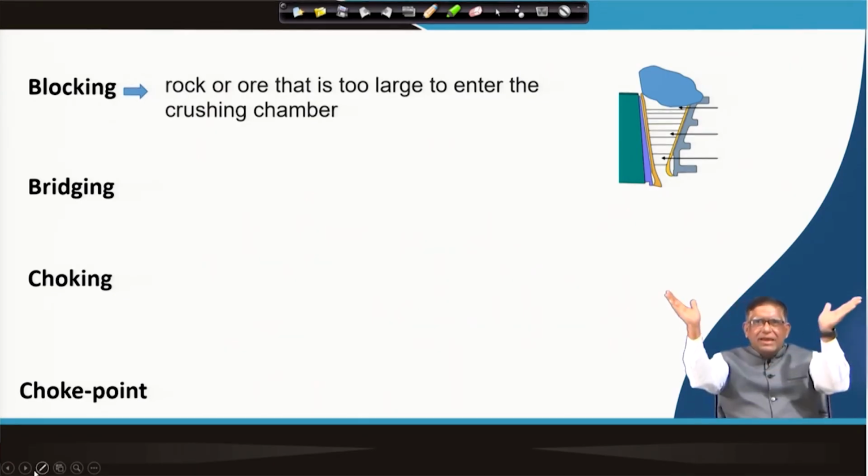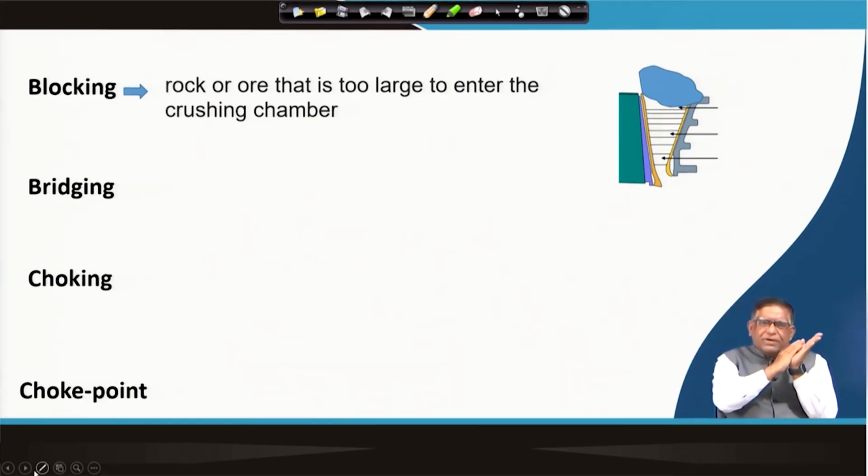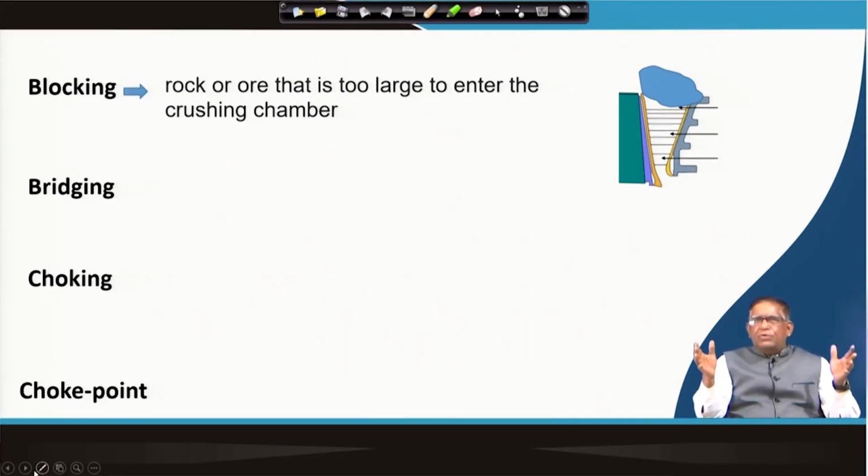A grizzly is nothing but a hopper where the side walls are not plates, but there will be rails fixed, just like the cow catcher you may know about. In many gates you find that some roller pipes are there with a gap, so that the cow will not go inside because its leg will go. I do not know whether animal lovers will say a cow catcher is good or bad, that we do not know. But the thing is that